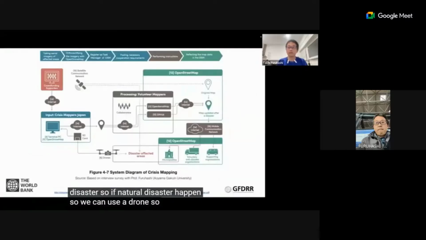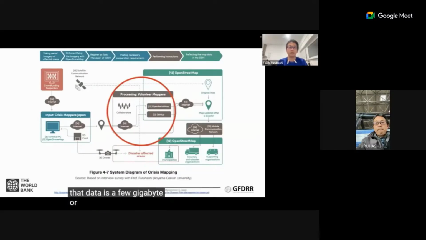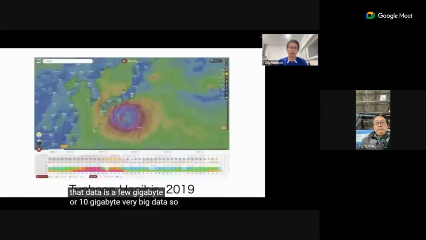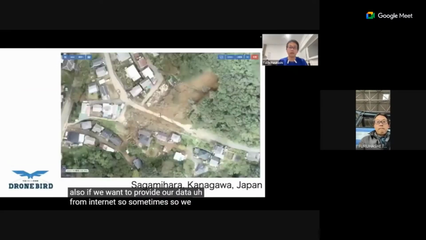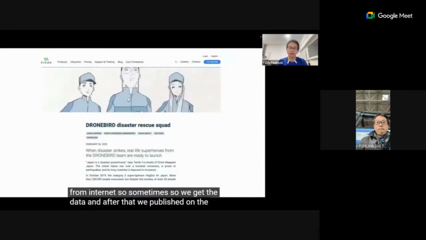But drone imagery is very big data, often a few gigabytes or 10 gigabytes. And if we want to provide our data from the internet, we get the data, and after that we publish it on the net.